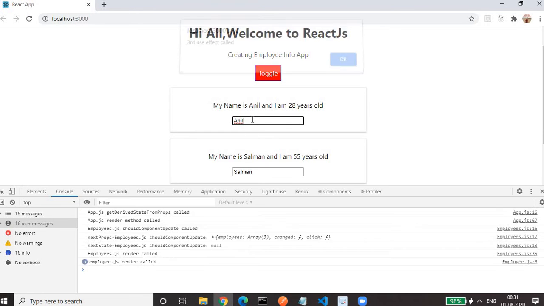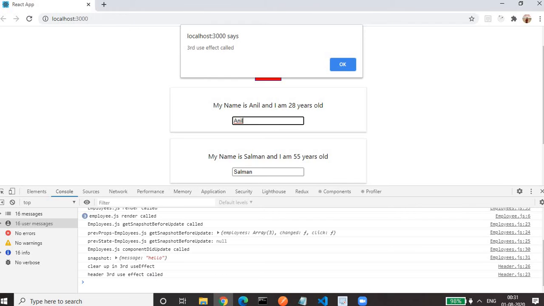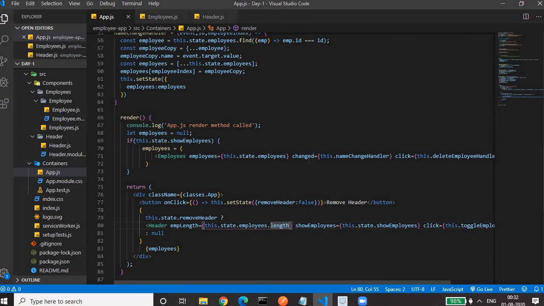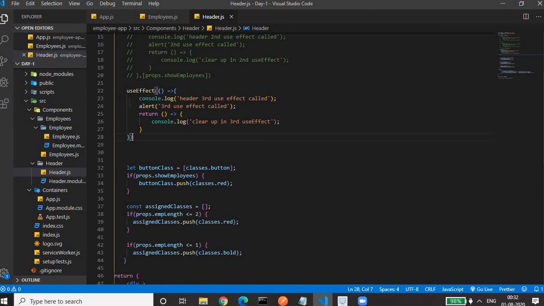Let me change K. We will see the alert message, and here if you see, cleanup is called and header third use effect is called. We are changing the employees props, which is not needed at all for the header component, but still this use effect method is called.